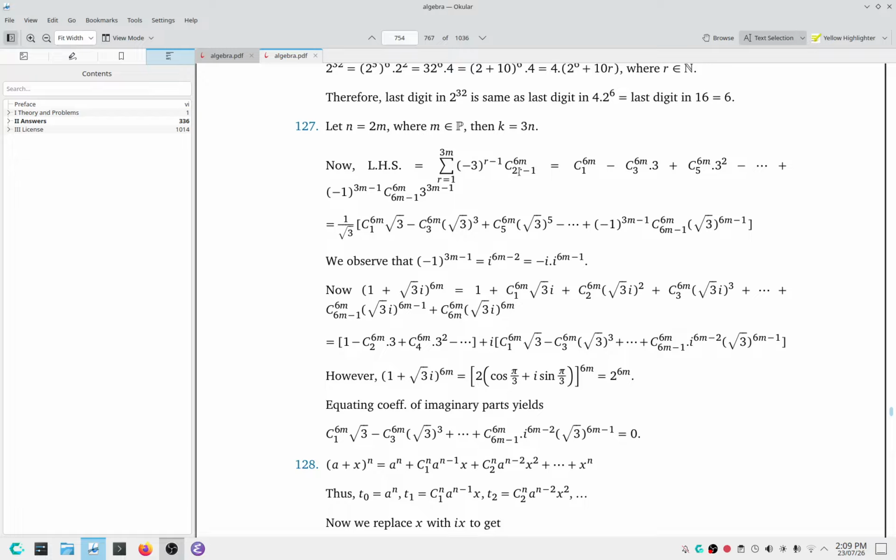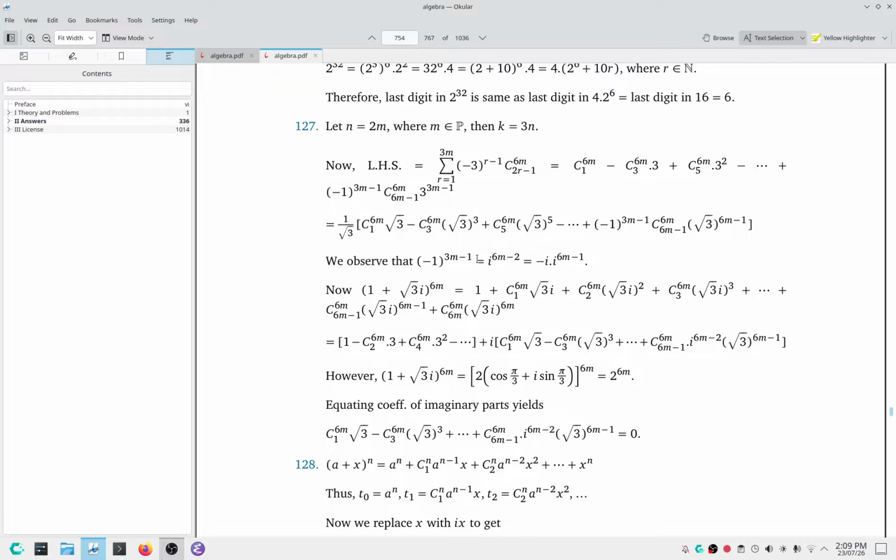So we put r is equal to 1, we get 1, and 3 to the power 0. We put r is equal to 2. So 2r minus 1, no, this is correct. Now we take out 1 upon root 3, we multiply and divide by root 3. So we get 6mC1 root 3 minus 6mC3 root 3 cube plus 6mC5 root 3 to the power 5 and